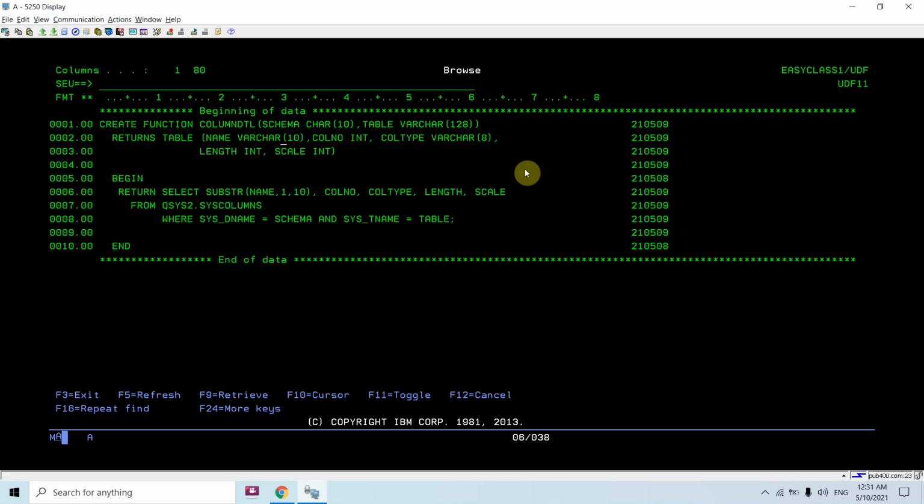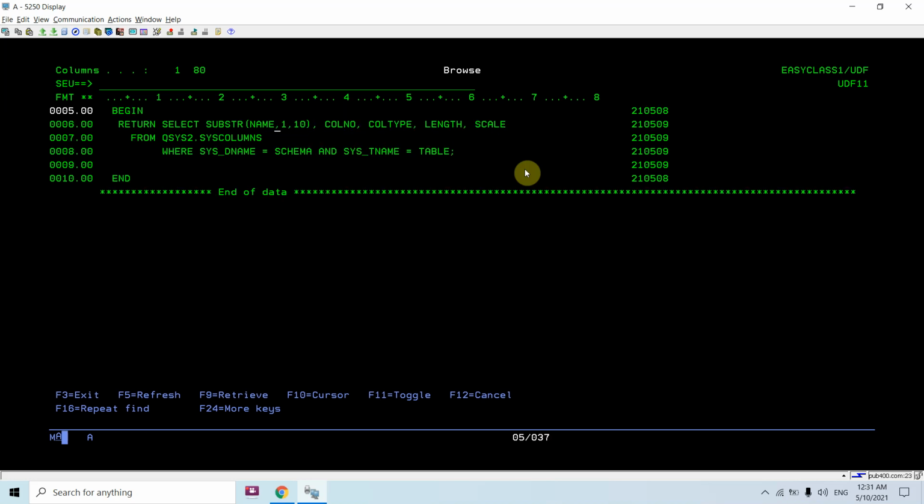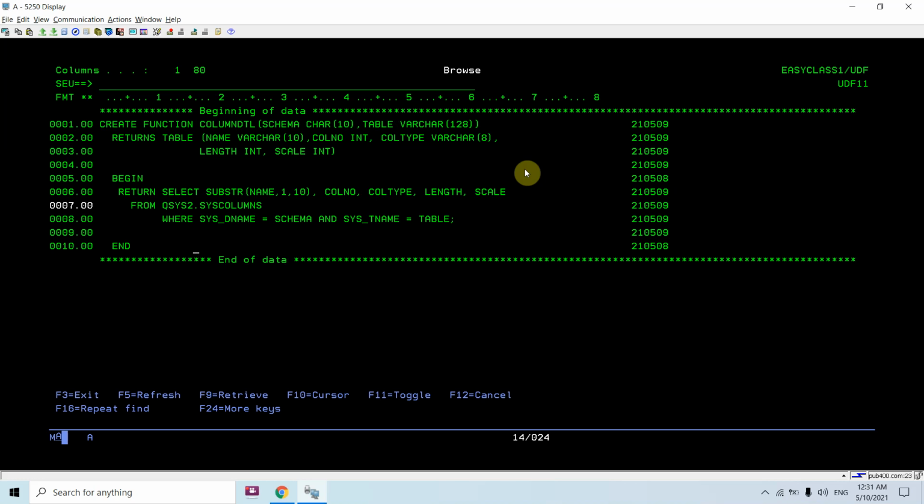Now this function will return a table, and that table consists of some columns: column name, column number in the table, column type, length, and scale.